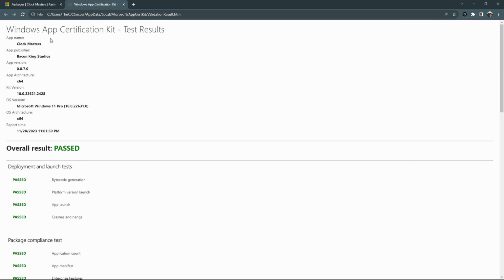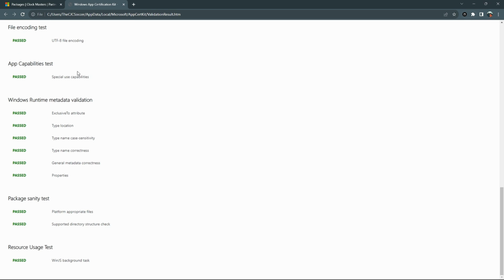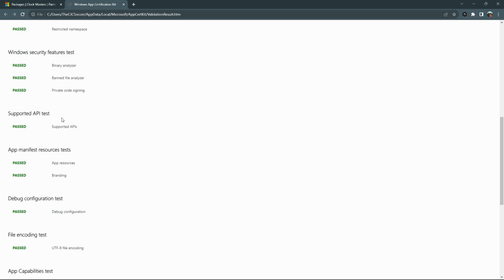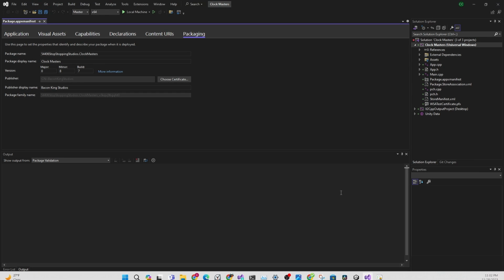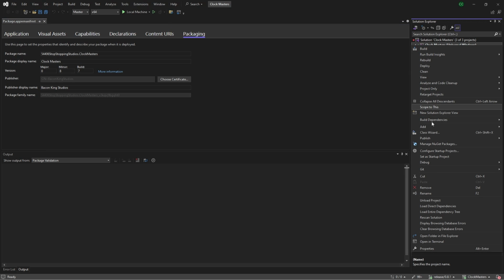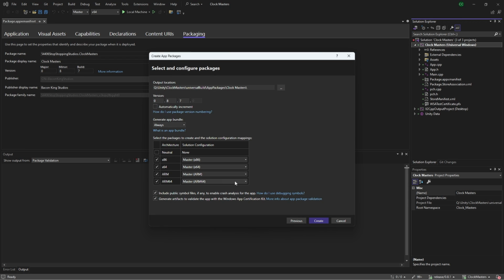We'll do a quick look. And you can just do like a quick review and see all the tests here. The one issue that you may run into is the supported API test may fail. And if that happens, check that you're on the master build. And then the same idea when you're in this publish area right here. So we go to create app package again. Next. And then just make sure that these are marked master as well. I ran into that issue, and it's a little painful.